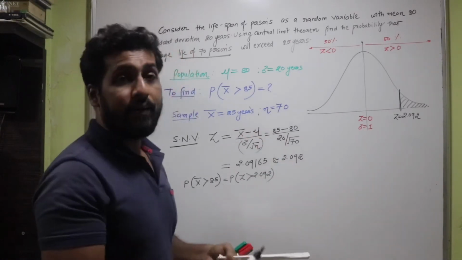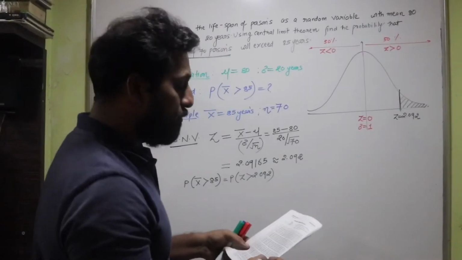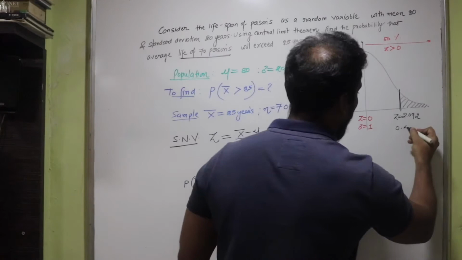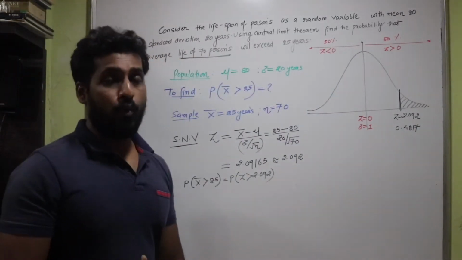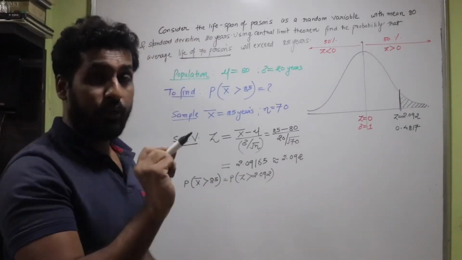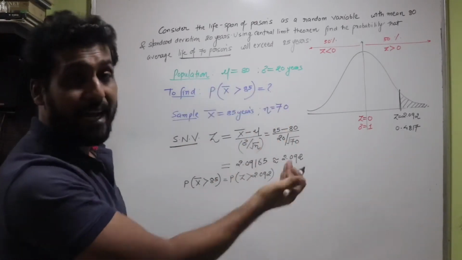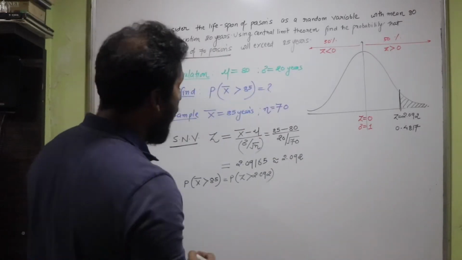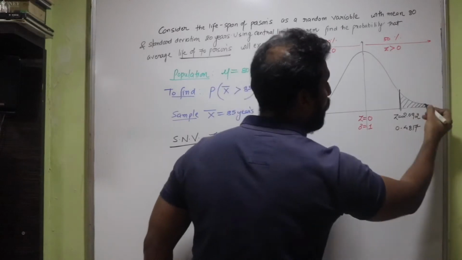So we are just going to get the value of 2.0 below 9. So 2.0 below 9, the value is 0.4817. So you need to know how to read the table very properly. There is a first column where the value of Z is given to us. Go there and check 2.0, and then you have to go under the column of 9 to get the final value. So that's 0.4817.